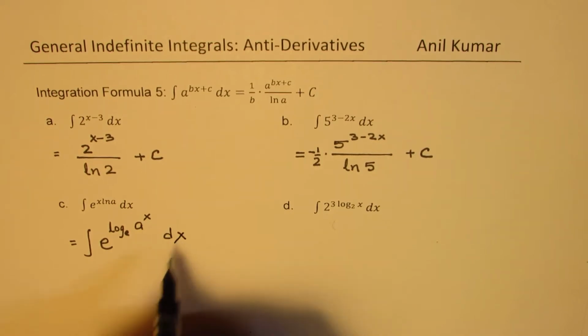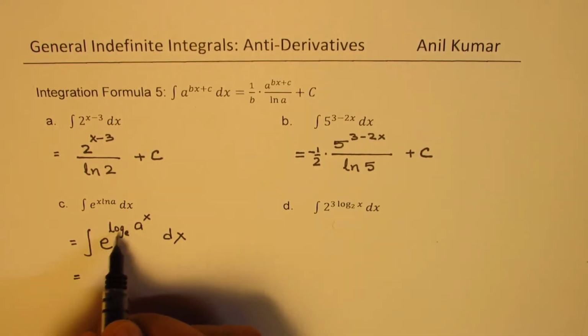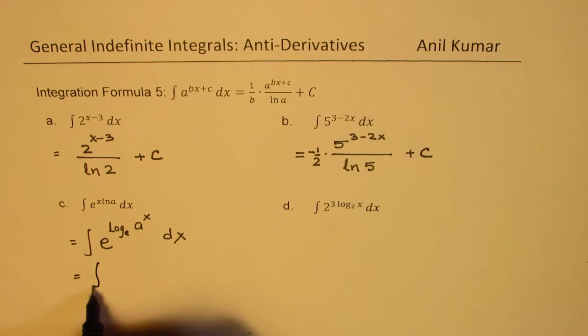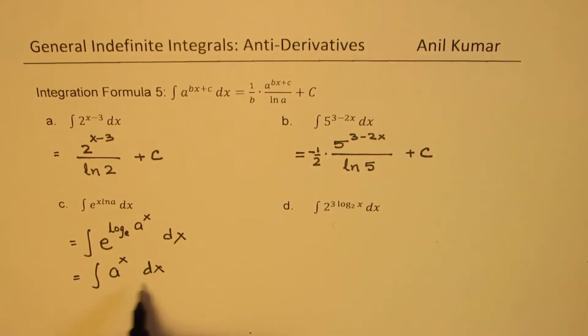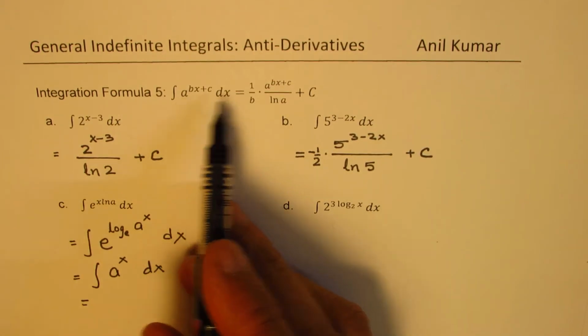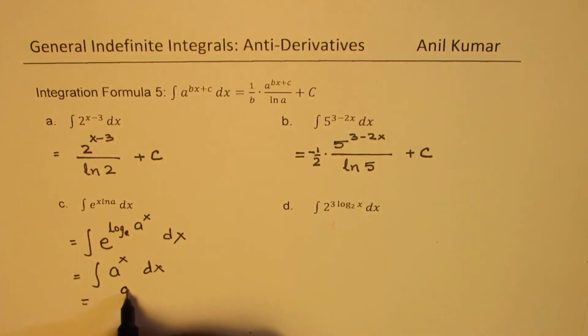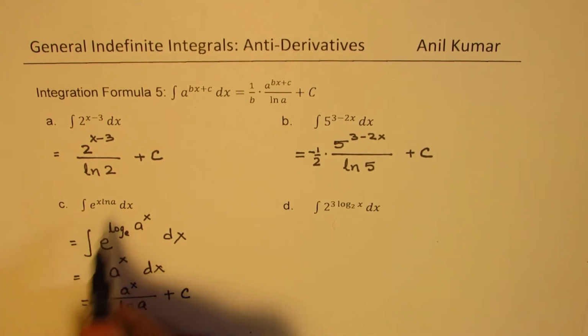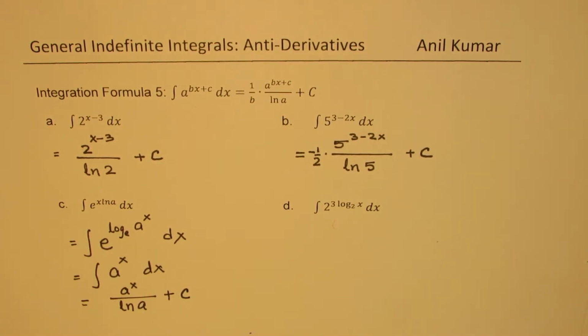Does that remind you of something? Now e and log e are inverse functions, right? So what we get here is a to the power of x dx. Clear? And then you can now write the integral of this, which is, you can use this formula, a to the power of x over ln a, right? Plus c, correct? See how we may have to work with it. So from now onwards, these 5 formulas which you have learned will have a review exercise where the combinations will